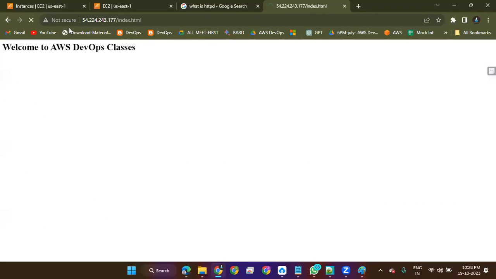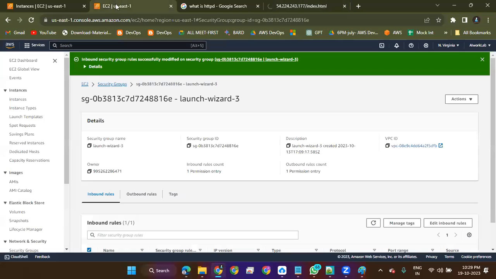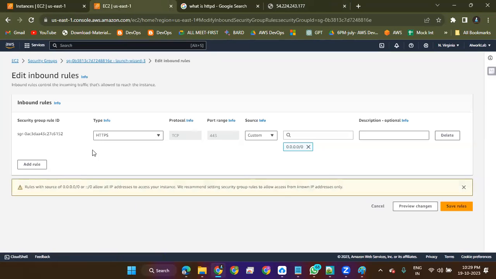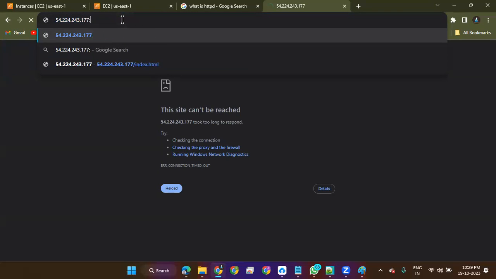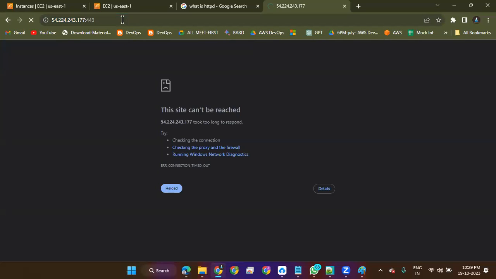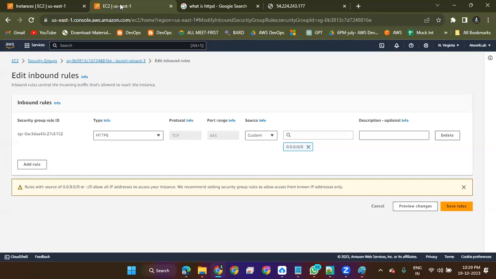No, it's running right now. I refreshed it. See, I have added HTTP only, which is port number 443. What I'm asking you to add in front is https colon slash slash, and colon 443. Okay. Does it work? Can you add HTTP also in the security group? It works. It works.